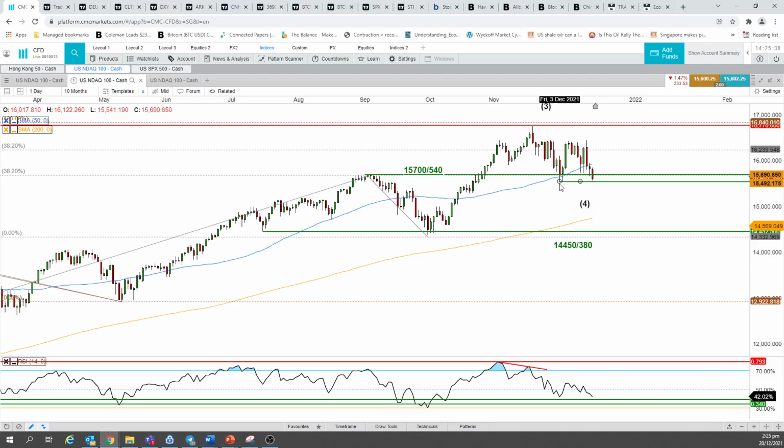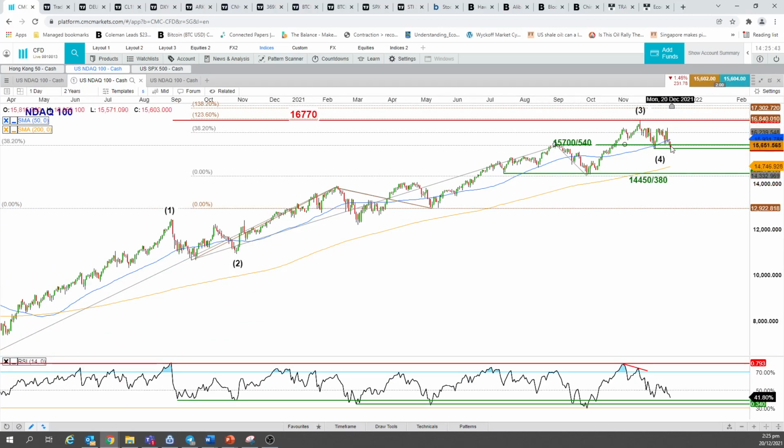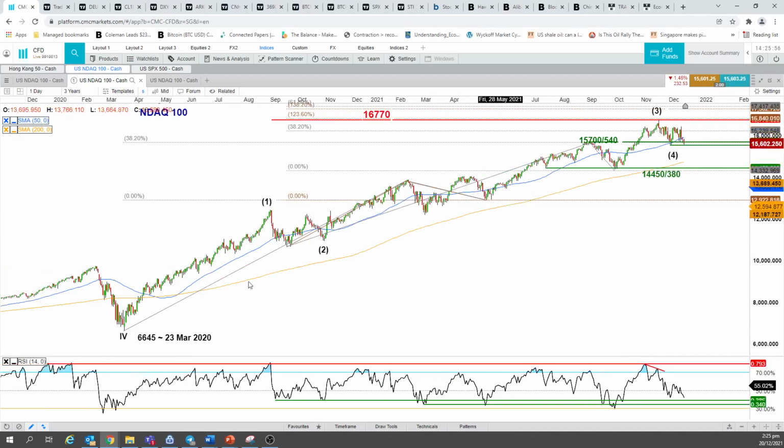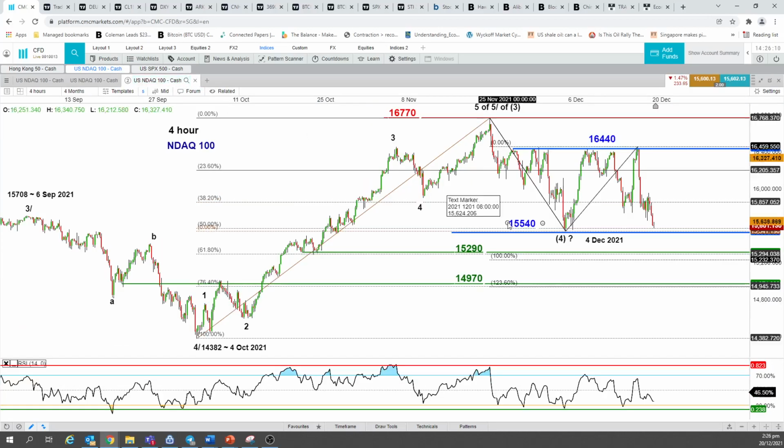Now we are attempting to retest the 3rd of December swing low area at 15,700 slash 15,540. So what we could see now is there's a risk, if we start to see a breakdown below this 15,540, it could take us down towards the 14,450 range, 14,380 range, which is also the 200-day moving average that is capping this major uptrend. The major uptrend I'm referring to is the uptrend in place since the 23rd of March 2020 low. So price action is not that great on the Nasdaq 100. Last week we had a bullish bias, right?